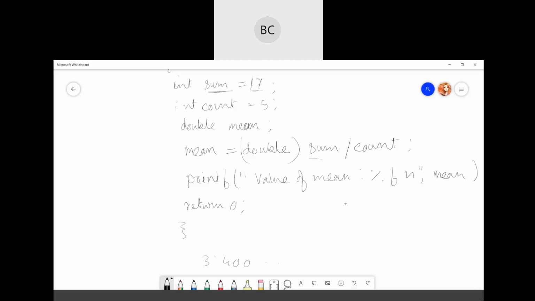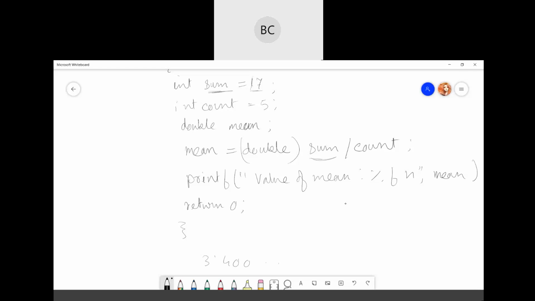So if you simply don't put the double, then sum divided by count can sometimes give you just the integer value. Okay, if you want the exact value, then here I have mentioned double. So here what is happening, double has higher precedence than the division.